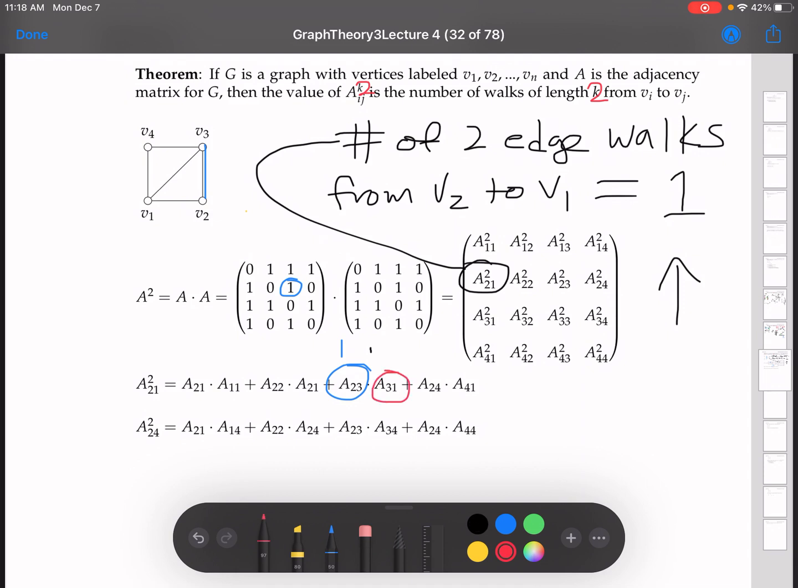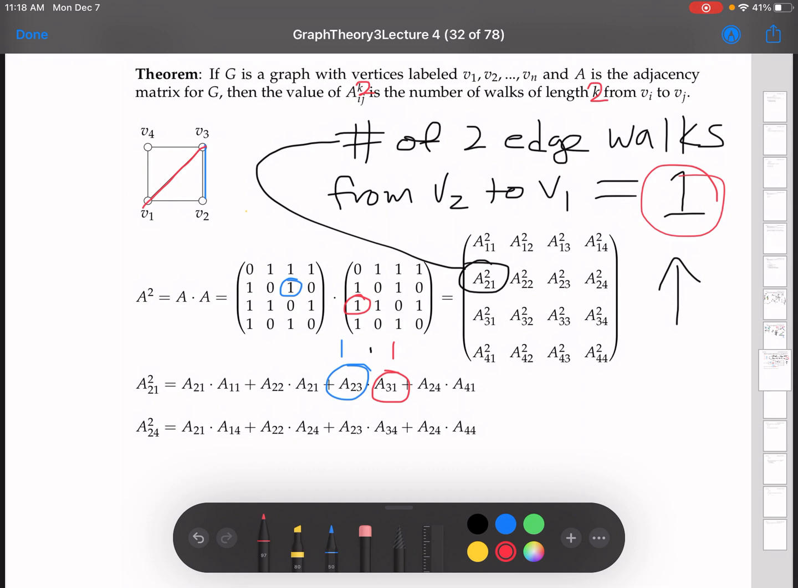A31, let's see, down 3 over 1, that's that one. That corresponds to that there. And in fact, you see that is the 1 that we got right here, right? That is the 1 walk that we got, right? So